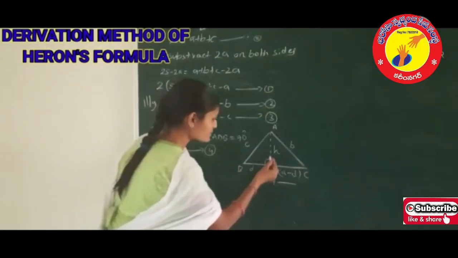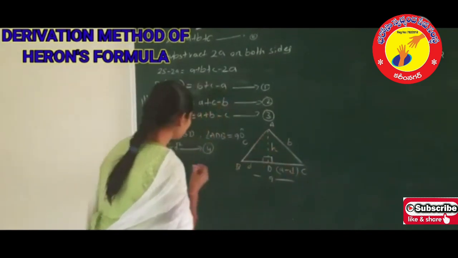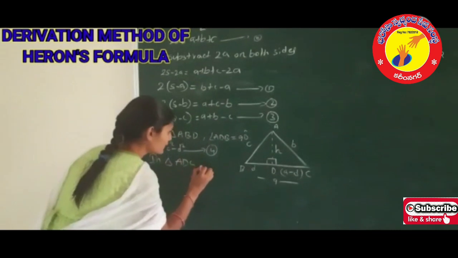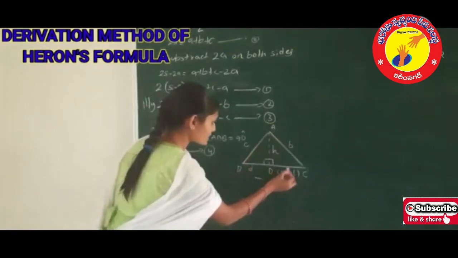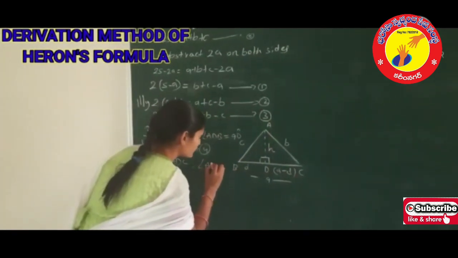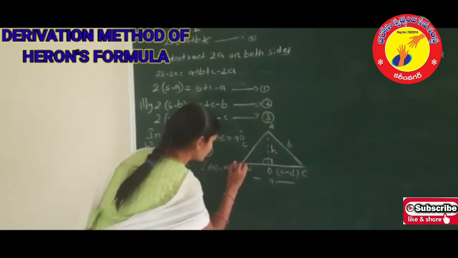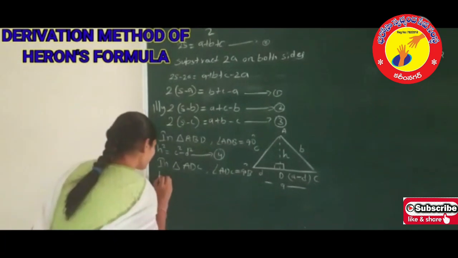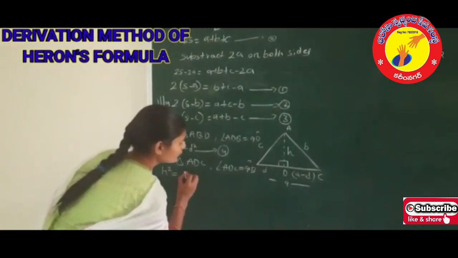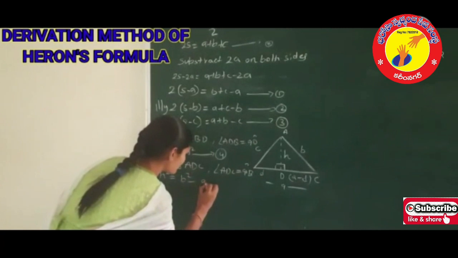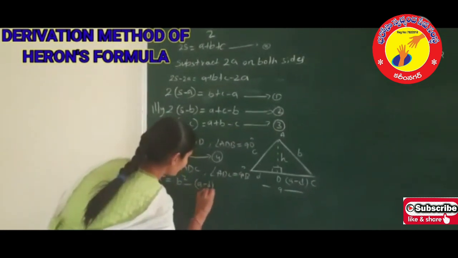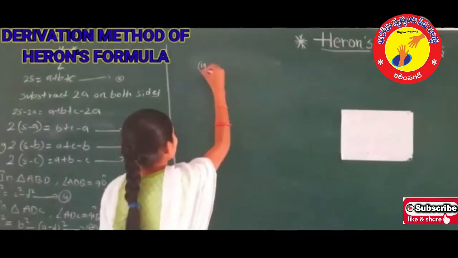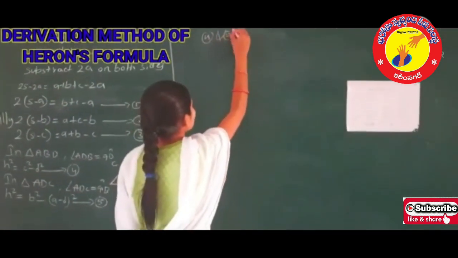And another triangle is ADC. Here we take triangle ADC. Here also angle ADC is 90 degrees. And here also we are using Pythagoras theorem. We get x square is equal to b square minus (a minus d) whole square. It is equation 5. And we take equations 4 and 5, which implies